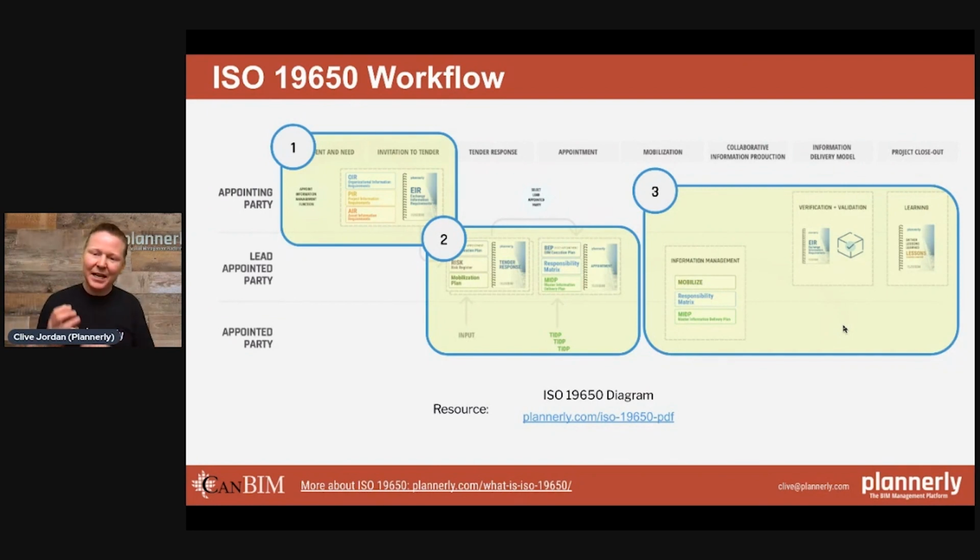It's really about how, in this latter half, we can use the structured information requirements that have been defined in a more automated fashion to create the deliverables and also to automatically validate and verify those deliverables as well. This diagram is available as a download in PDF and some images, if that's useful for you to explain this to your teams as well.